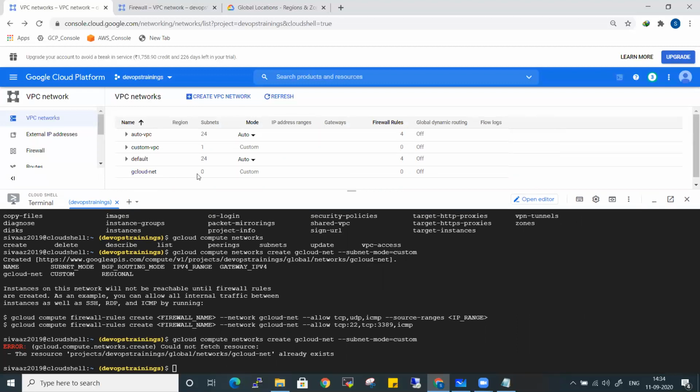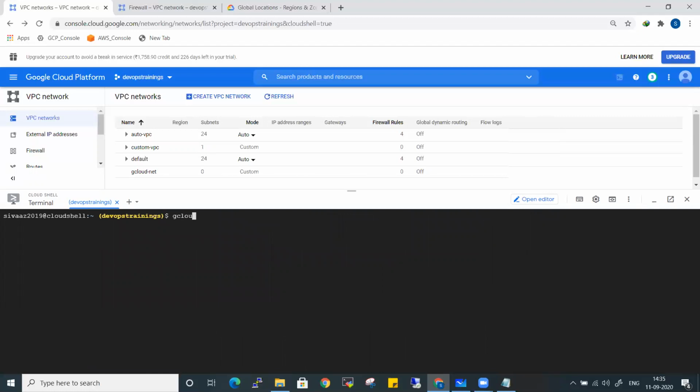Now, if you see, there are no network subnets available. Let's try to create a subnet. Let me clear the screen, and for the same I'll be using gcloud compute networks. Previously I created a network, but now I will be creating subnets. Let me double tap again.